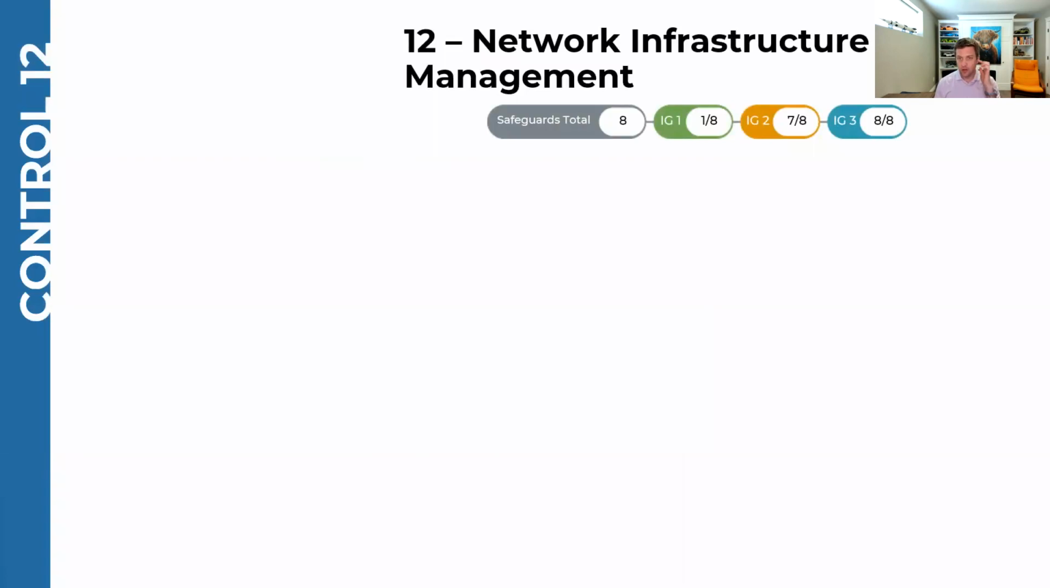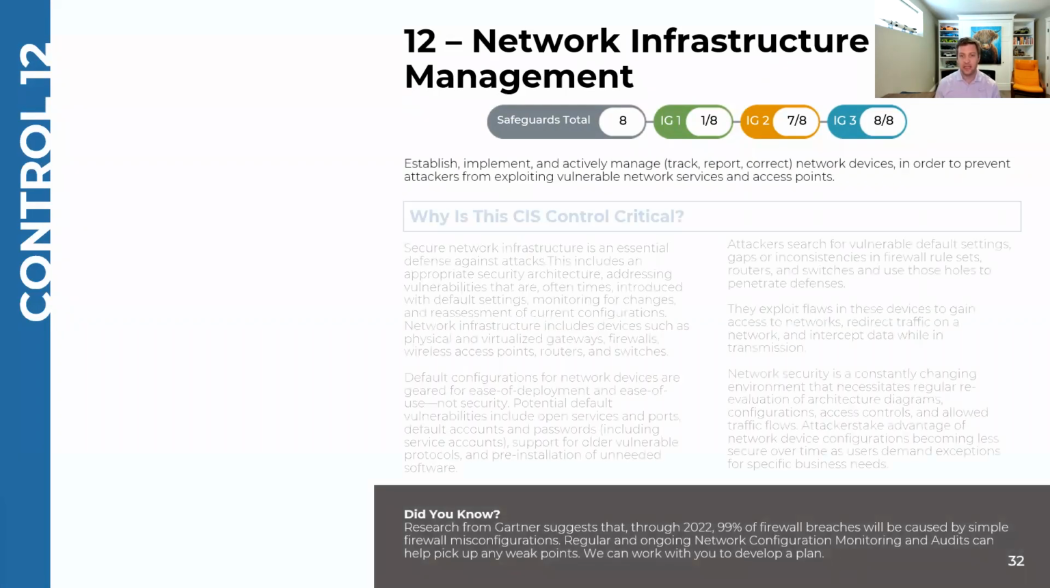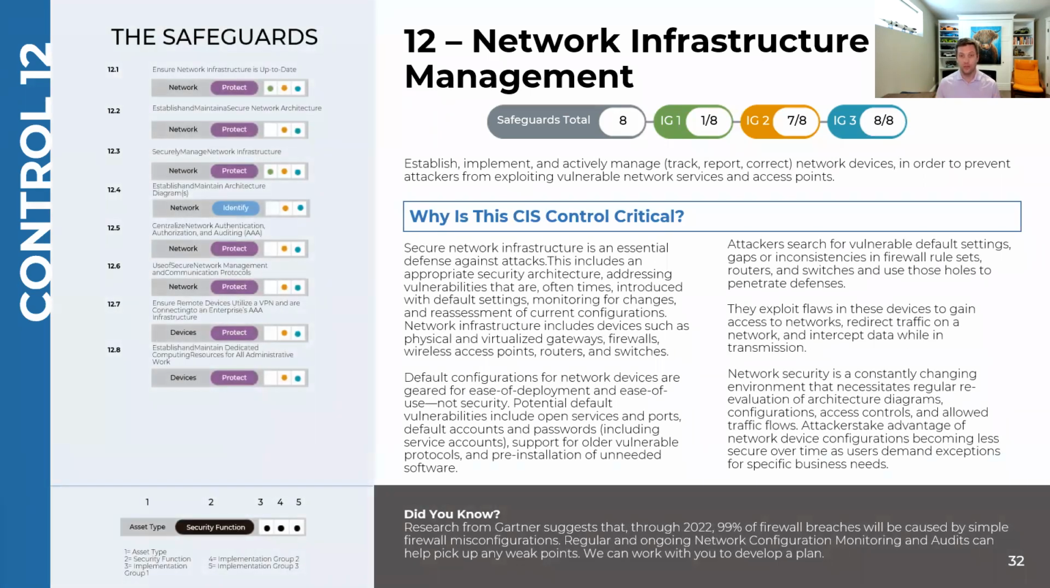Number 12, network infrastructure management. There are 8 safeguards in here. And this one is the opposite of the last one in that most of the controls are coming in Group 2 and 3. And this starts to get, I think, a lot more complex. And actually, I was on another cloud security or cybersecurity discussion yesterday. And the things that fall into this category are, I think, often